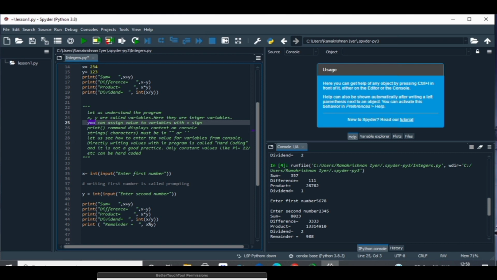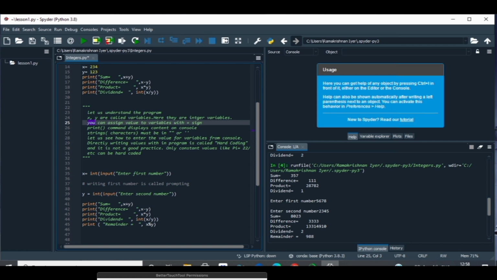Now in this case, we have input the value of the first number and stored this as x. In this you can see input is within two brackets, and in inverted commas we have written the prompt. This is called the prompt, enter first number.